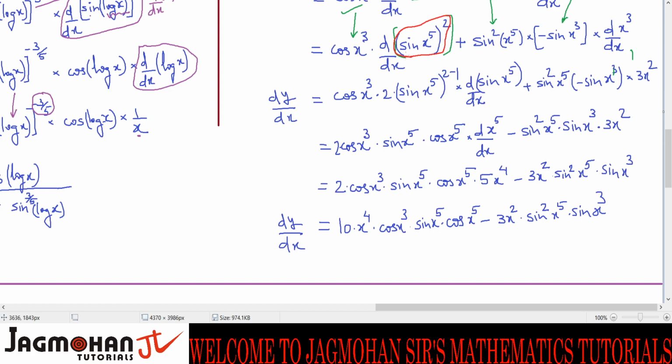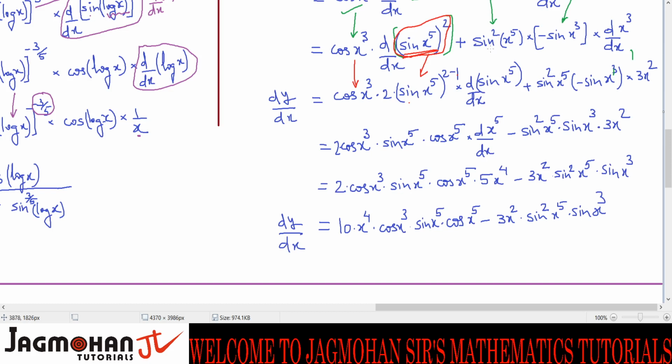Recognize the function. The function is variable raised to constant. See, this whole thing is variable. Sine of x raised to 5 is variable and 2 is constant, which is the power. So variable raised to constant, it is f of x raised to n. So its derivative is n f of x raised to n minus 1 into d by dx of f of x. So when I apply that result here, n is 2. So 2, this cos of x cube is written as it is, and here we are applying the result: 2 sine of x raised to 5 raised to 2 minus 1 into d by dx of f of x, which is sine of x raised to 5.